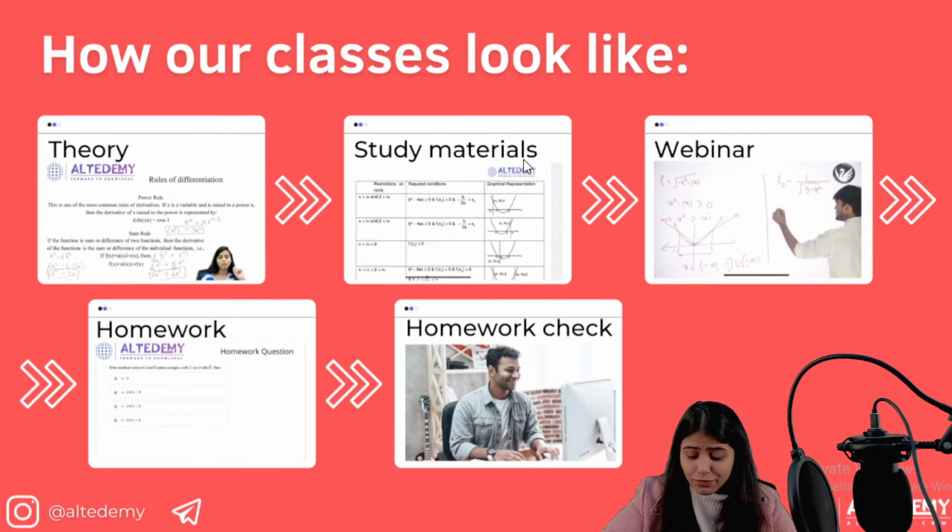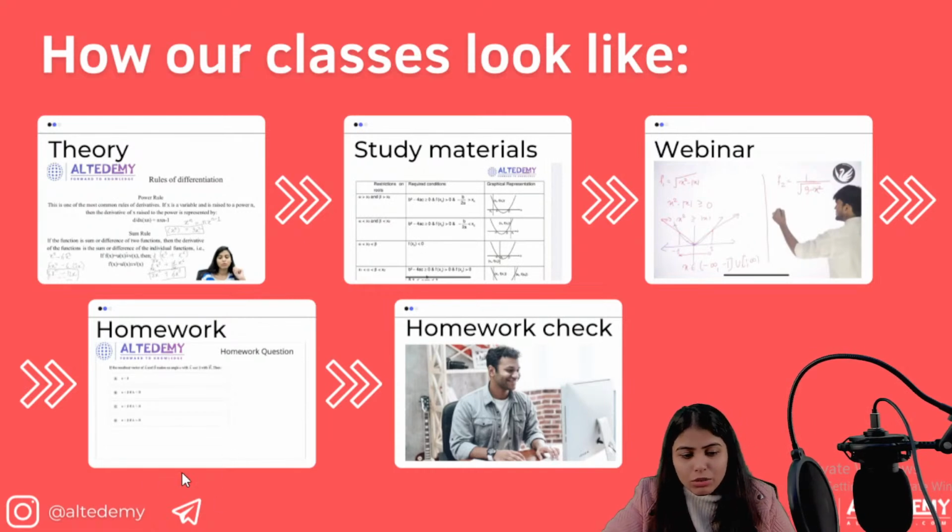Firstly, study that topic on your own. Go through that topic, what it is about. Just a little glimpse can also work, okay? Then you attend the webinar, and after that, you need to check your efficiency, your performance. So after that, you need to do some practice of that topic, okay?